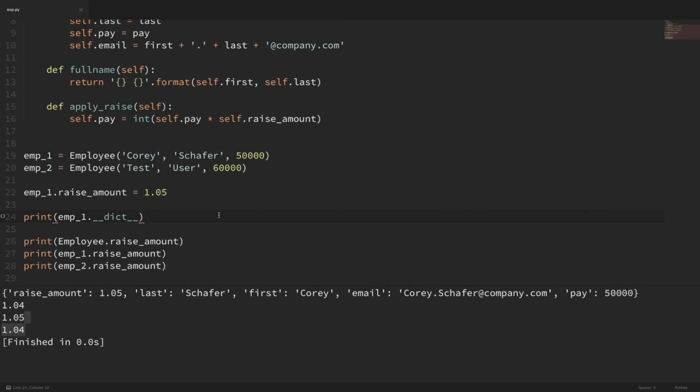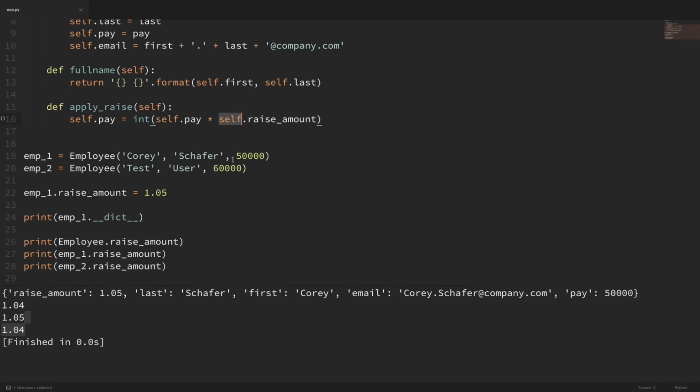Now that's an important concept to understand because up here in our apply raise method, we could get different results depending on whether we used self.RaiseAmount, the instance's RaiseAmount, or the employee class RaiseAmount. In this case, I'm going to leave this as self.RaiseAmount because that gives us the ability to change that amount for a single instance if we really wanted to.